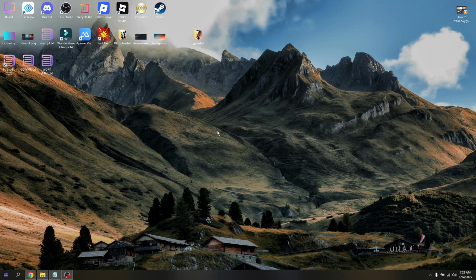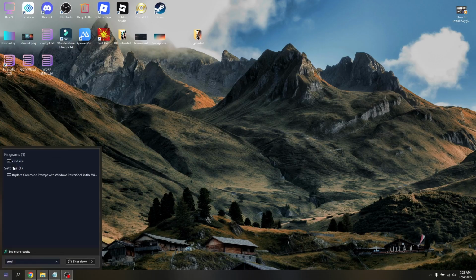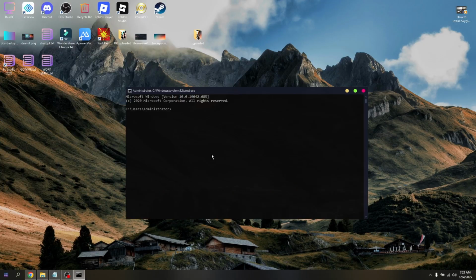But if not, the other thing that you can do is to use the CMD or the command prompt. Go into the search box again, type in CMD, and then make sure that you're running the cmd.exe as an administrator. Open it, and then the command that you're gonna have to use is gonna be